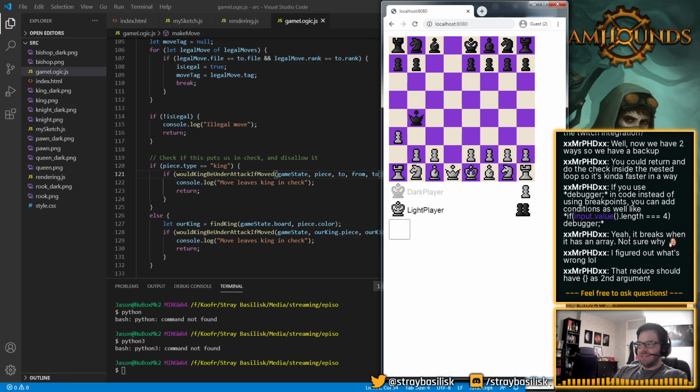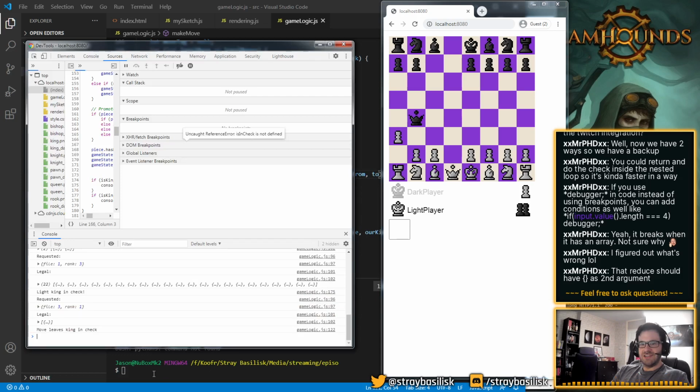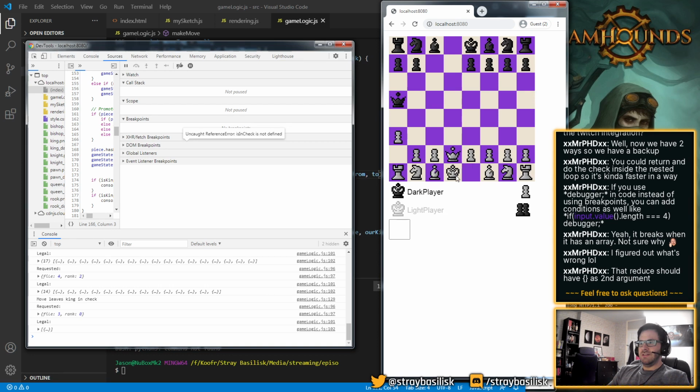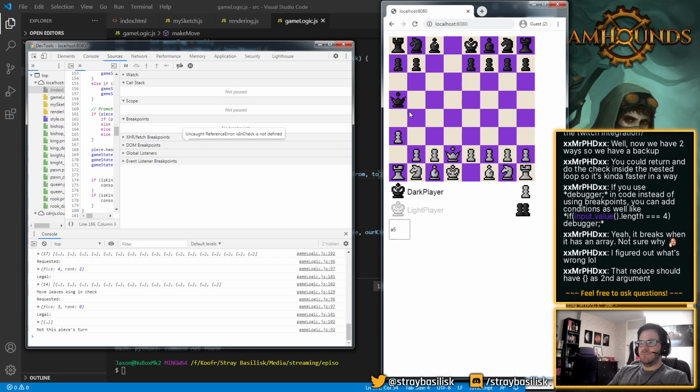Now, shouldn't be able to do that. Also shouldn't throw a horrible error. Nice, move leaves king in check. Shouldn't be able to do some random move like that. Leave the king in check, but I should be able to block the check. Cool. And now that I'm pinned here, I shouldn't be able to leave the king out to dry. But now I can. Cool.